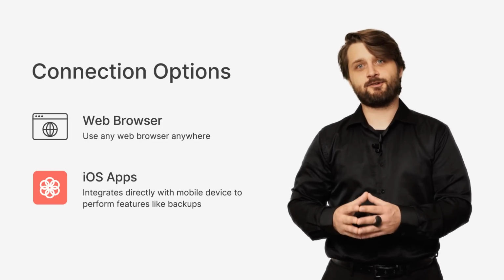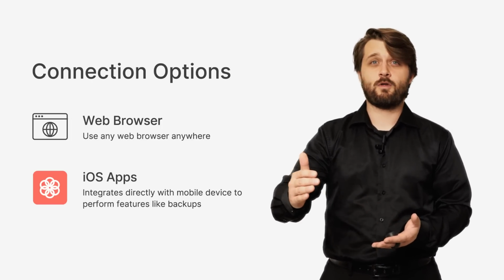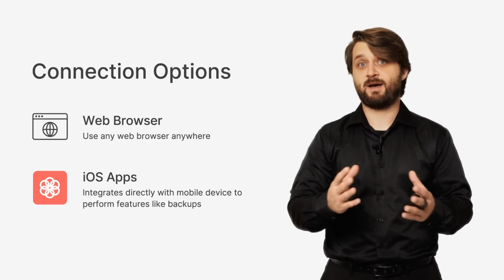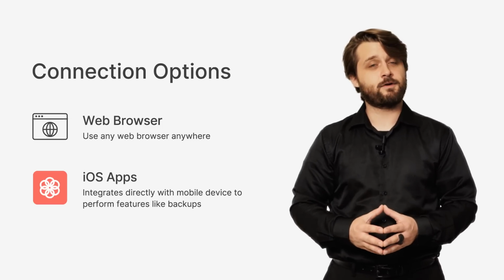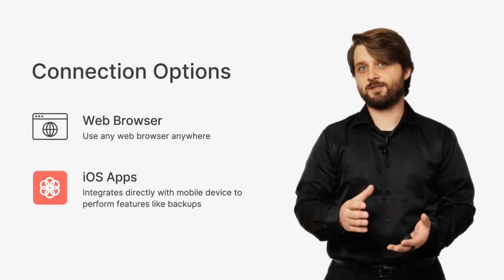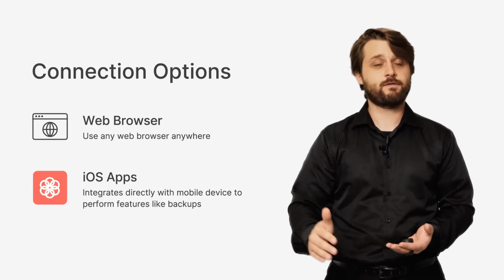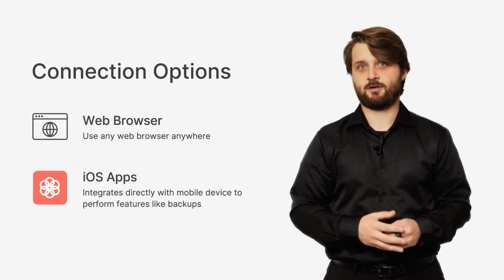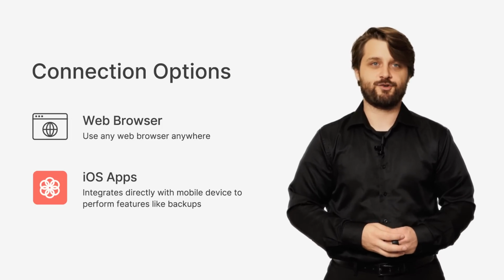And this allows you to integrate directly with your Photos database, allows you to view all of your photos directly through this application, and it can do awesome features like unattended backups, so that you can back up your photos from your iOS device directly to your Synology NAS. And this backup procedure will also clean up those photos off of your iOS device once it's confirmed you have a backup of that photo inside of the Synology Photos application.